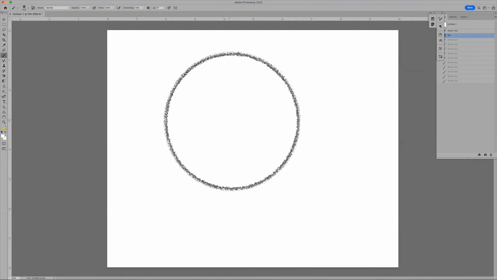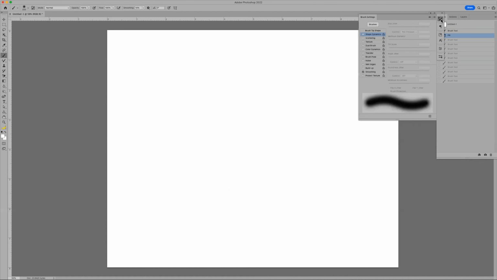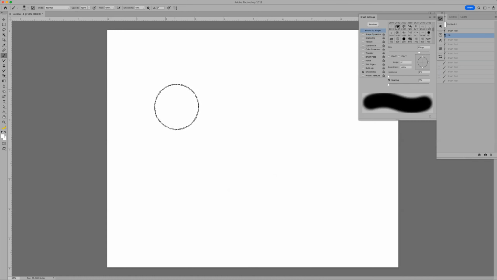Let's go into the brush settings again, and smoothing. There we go, spacing. I like my brushes at 1%. It's just how I do it. And white won't work, so